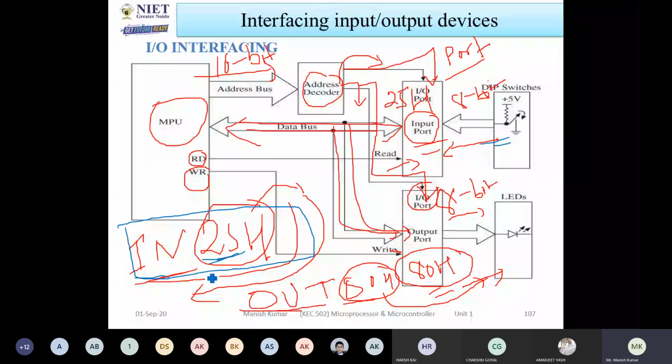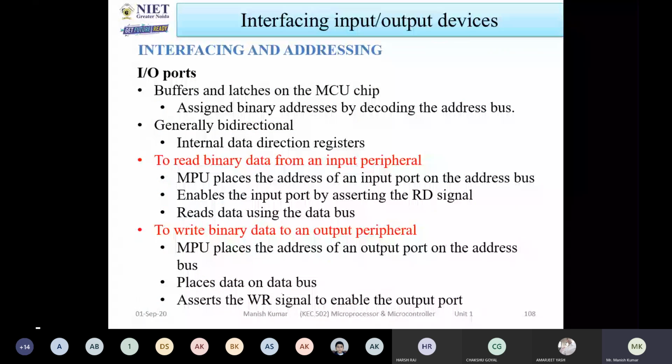Always remember, when I am using IN and OUT instructions, we are always using the accumulator. So if you are using an OUT instruction, it means that whatever data is available in the accumulator register, you are going to send to the output devices. Okay, so in this way you are going to interface the input devices and output devices. Now these are some descriptions of what I discussed: input output ports. Some decoder will be required for generating the 16-bit address.